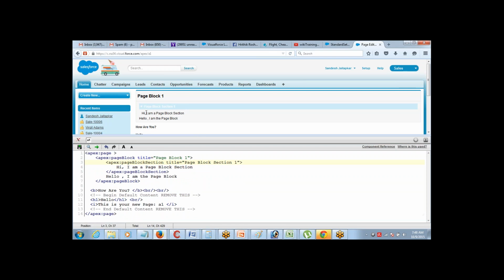Now this page block section, as you can see, by default this is a collapsible section, which means you have the option of collapsing and expanding it. In case I don't want this section to be collapsible, there's an attribute here which you can just go and say collapsible equals false. Okay, and save it. See, now it's not collapsible anymore.